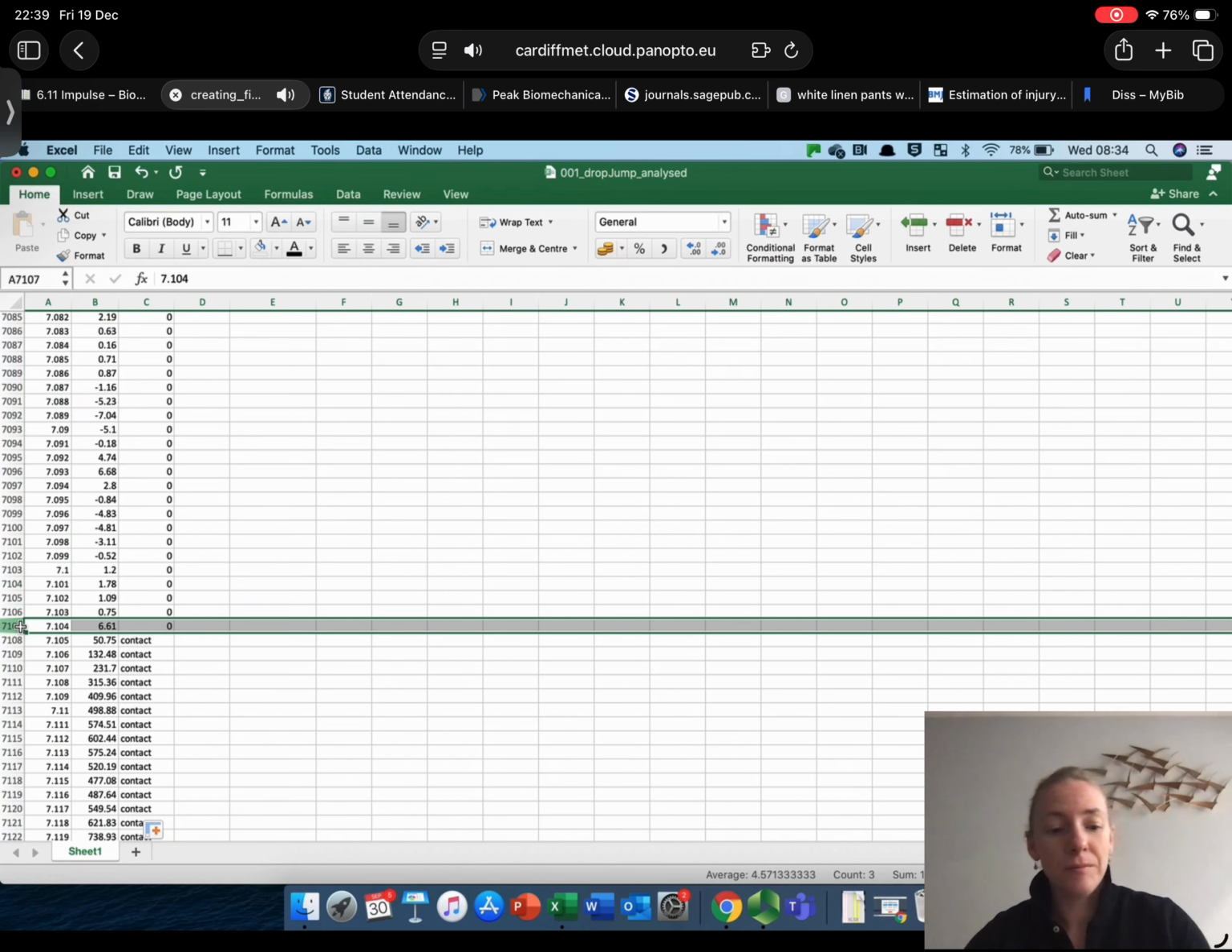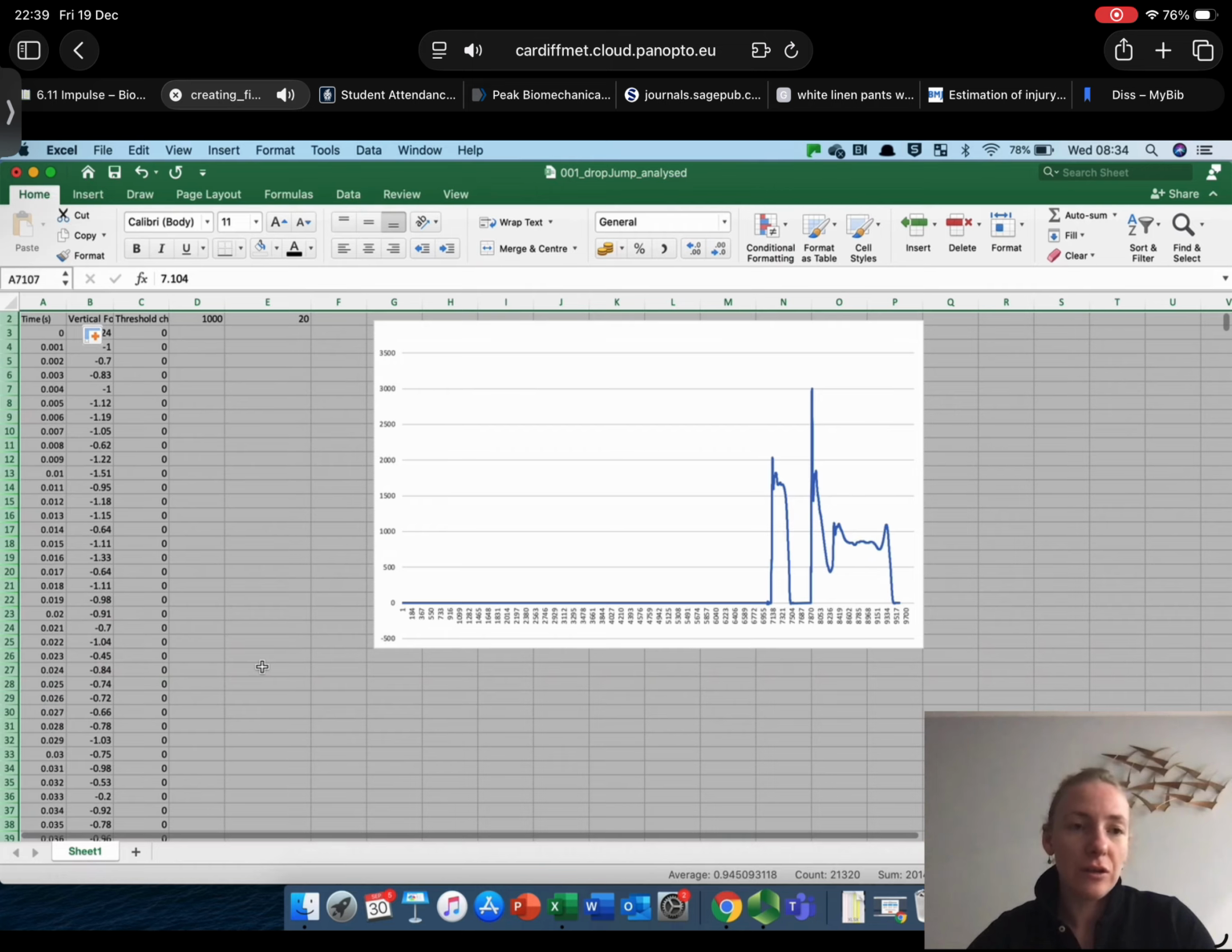Now what I'm going to do is I'm going to select that row, and I'm going to delete all of the data that I don't need. So essentially, as we can see from the time column, it's 7 seconds worth of data that I do not need in my figure. So I'm going to use Control and Shift to go back to the beginning of the